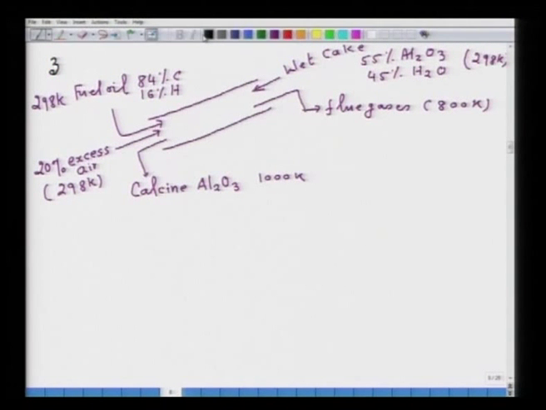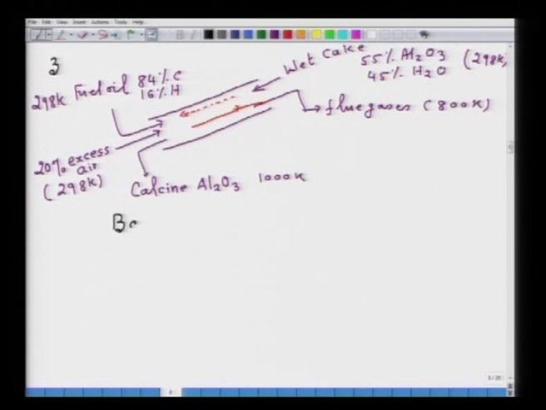Now, as usual, we have to perform the heat balance. Well, first of all, you have to do the material balance, without that you can do nothing. So, I will just proceed to solution. Now, here, well, let me tell another thing here. The wet cake, it goes in this direction, which is the direction of flow of wet cake, and this is the direction of flow of flue gases. That is how the flue gases are leaving. So, they are in counter current mode.